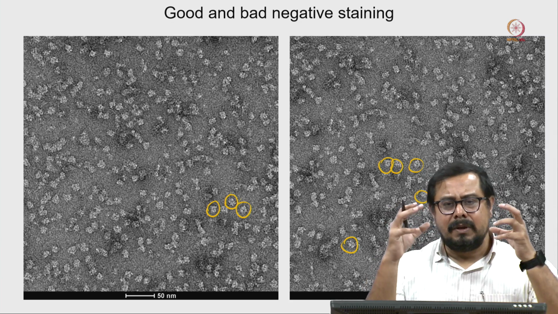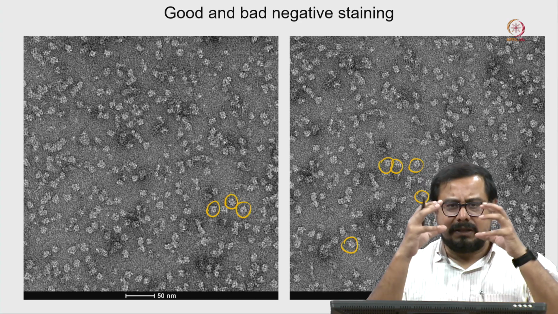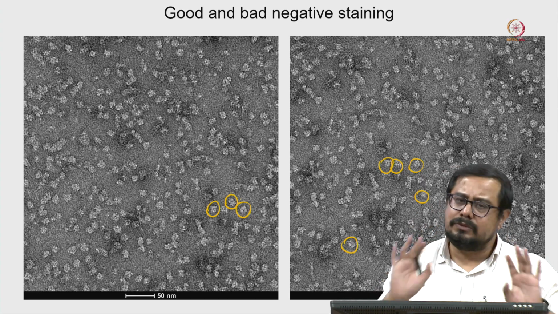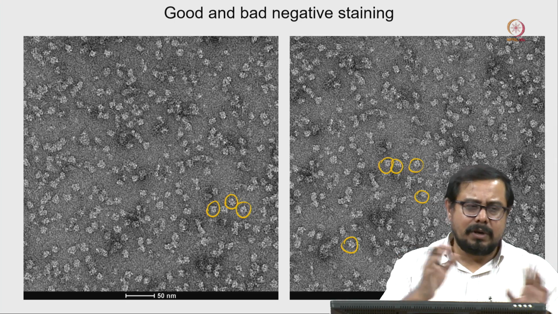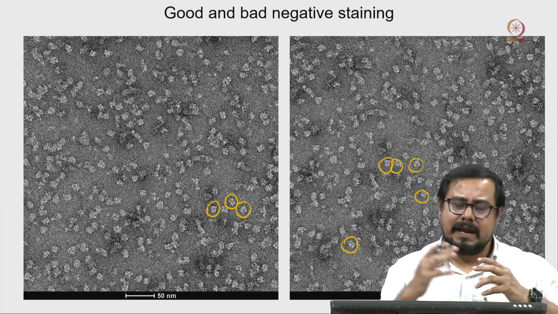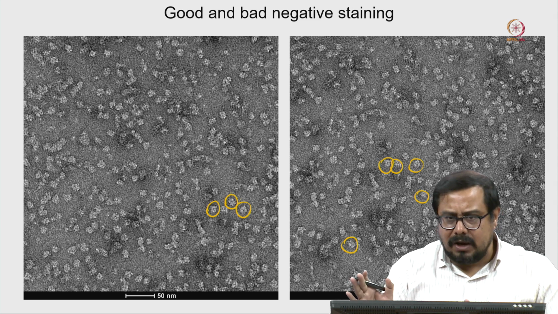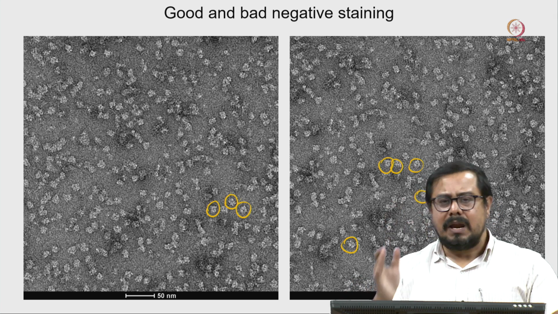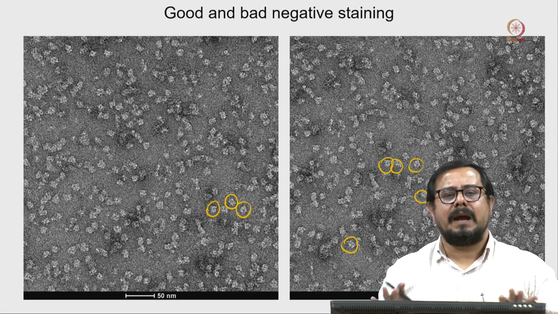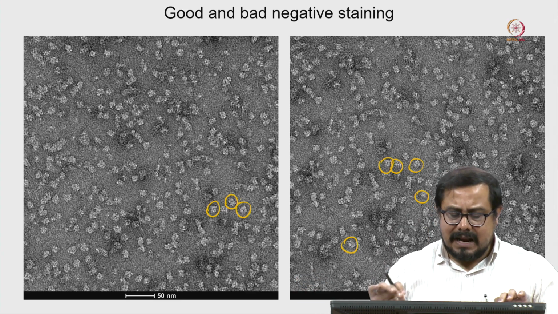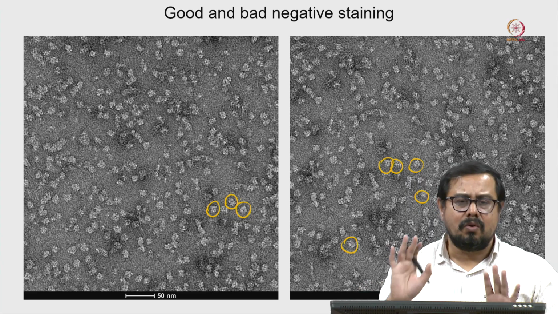There are some cases where 2-3 protein molecules come together and cluster. That is one problem you should always remember. So 5 to 10% of this kind of aggregated molecule you will get, and you do not have to worry about that small aggregation. But if you can see your protein molecules very clearly against the background, and you can see their morphology properly, that means it is good data, a good negative stain.